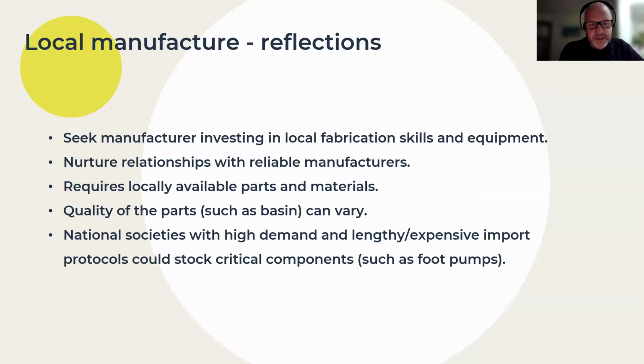So this process has been a reflection. It's great because it's a slightly different approach to making things, and some reflections on the local manufacturing process have been really good for a good outcome for the project. Lots of learnings here. So the good things about local manufacturing is that